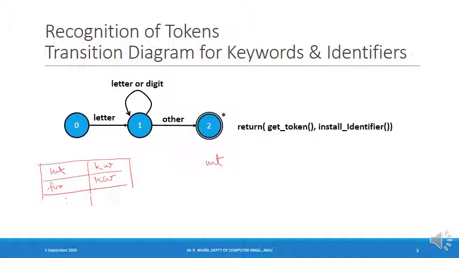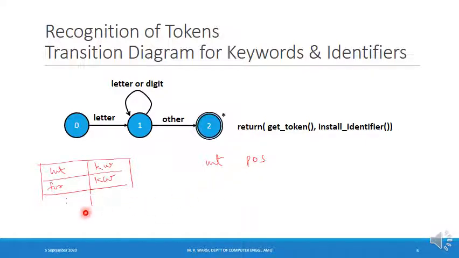If the lexeme is, for example, POS, install identifier function will look for this lexeme in the symbol table and it is not there. Let us assume that it is not there in the symbol table.